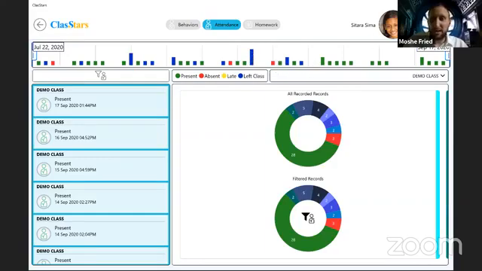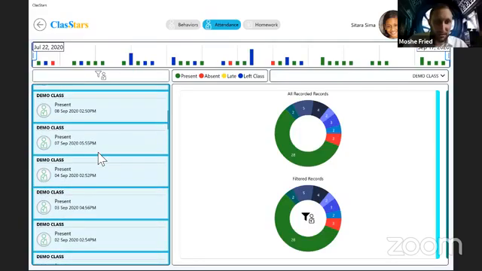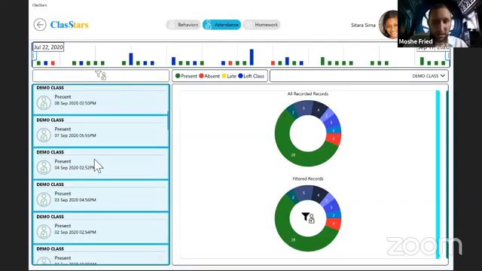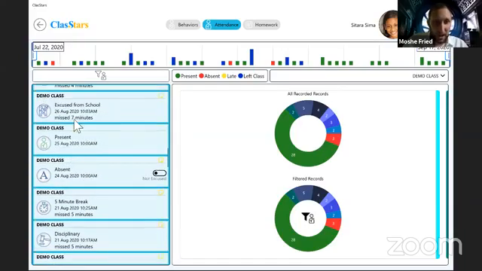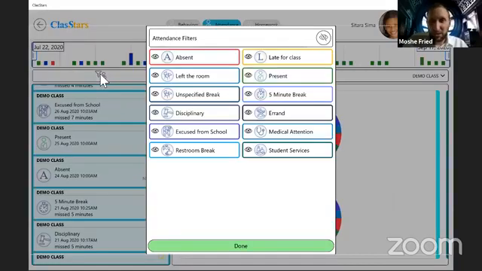Okay, so you can pull in the timeline, pull in the date range to look at more specific times, but let's leave it at this. Okay, here we have a list of every single attendance event. We can scroll down here and see all the other events. Here's the filter button. We can filter what it is that we're looking at. Here we got a couple of excused. So let's filter out all of the presents because, you know, present is great, but that's not the problem. That's not really what we want to look at.